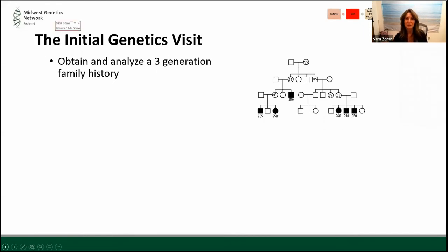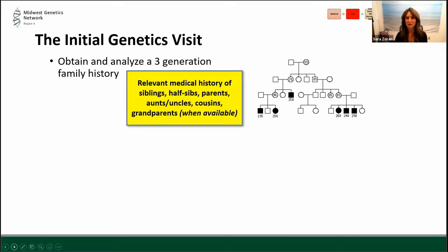Another element of the initial genetics visit is to obtain and analyze a 3-generation family history. Next slide. And this includes relevant medical history of blood relatives, so siblings, half-sibs, parents, aunts, uncles, cousins, grandparents, etc., when available. We do recognize that the definition of family is broad and that it can mean different things to different people. We also recognize that sometimes this information isn't available, and that can be for many reasons, whether the family was created by adoption or whether the family is spread out geographically, either in the state, the US, or